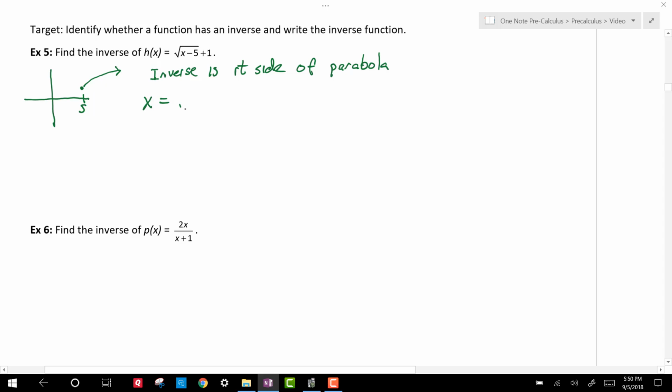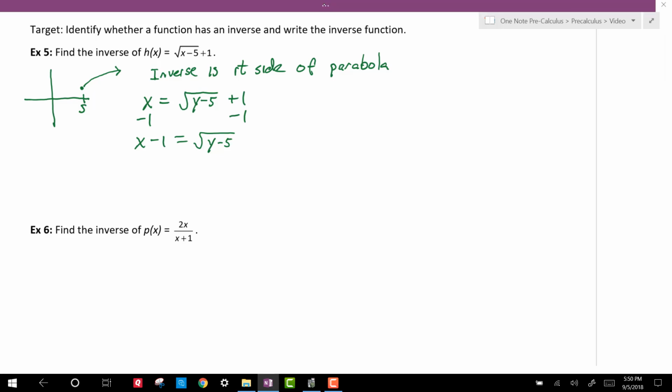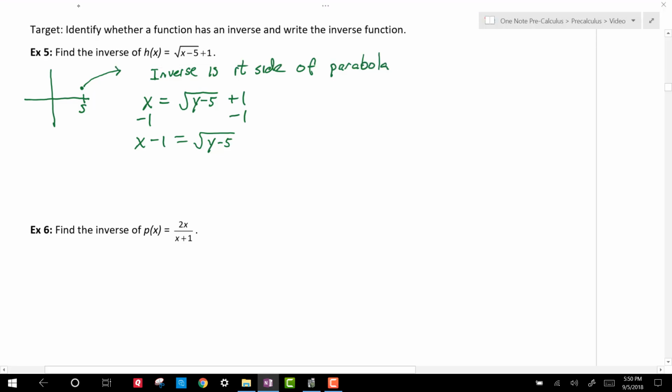So we have x equals the square root of y minus 5, plus 1. I'm going to subtract 1 on both sides because, again, our goal is to get that y by itself. So I have x minus 1 equals the square root of y minus 5. In order to get rid of a square root, we need to square both sides. So I need to square the left, I need to square the right, and so I end up with x minus 1 squared equals y minus 5. And if I add 5 to both sides, I end up with x minus 1 squared